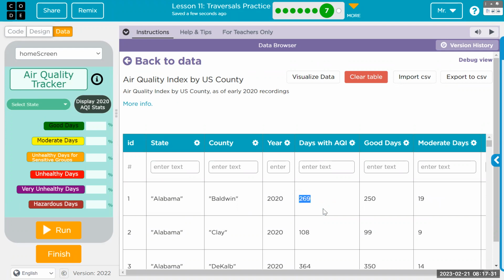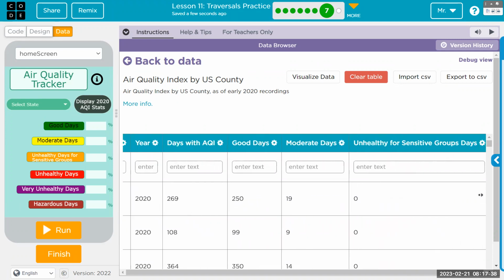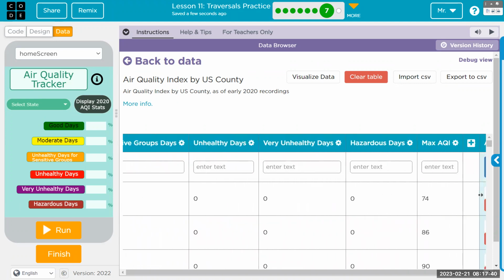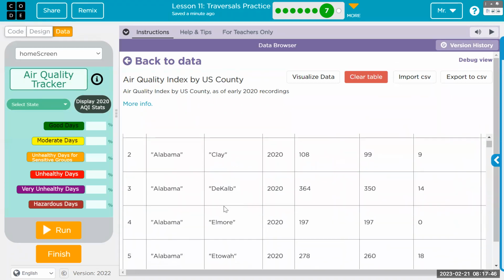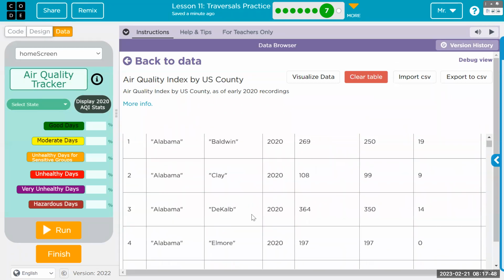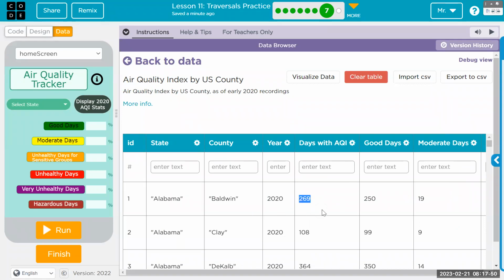And for each day that it was taken, an air quality rating was taken, it was either ranked good, moderate, unhealthy for sensitive groups, unhealthy, very unhealthy, hazardous. And the problem is each state has a different number of counties, and each county's reading has a different number of readings. But that's not an issue for us because we are always going to do dot length to handle